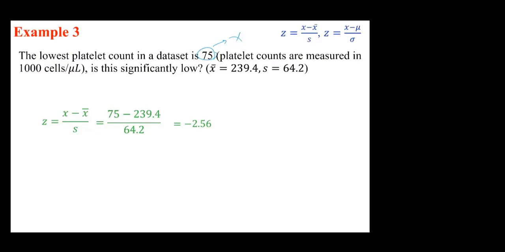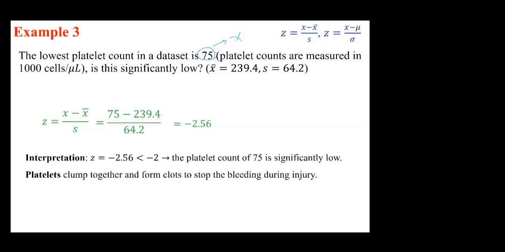Now, first of all, it's on the negative side, and that's why they are asking if it's significantly low. Let's assume instead of 75, we had a larger number and it ends up being positive. They would ask, is it significantly high if it's positive? Now, if you recall, the range rule of thumb says mu plus or minus 2 sigma is fine and beyond is unusual. If this number is larger than 2 or smaller than negative 2, it is unusual. That's basically it, so you have your answer there. Z is less than negative 2 and therefore it is significantly low. Why are we saying it's significantly low or significantly high? We are comparing it to two numbers. One of them is negative 2, one of them is positive 2. So less than negative 2 or larger than 2,